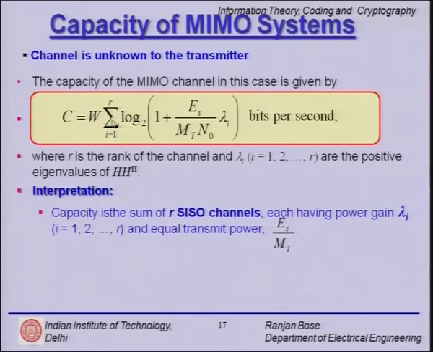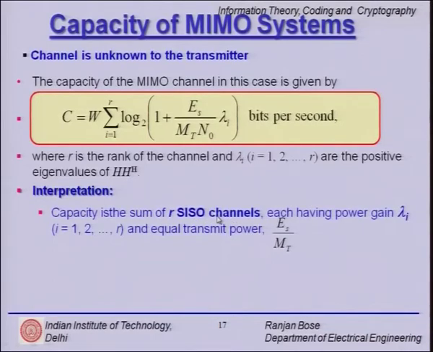So, if we open up this sum and look at this, it is W log to the base 2 (1 + Es/(MT N0) λ1) + W log 2 (1 + Es/(MT N0) λ2) and so forth up to r. But what is the expression W log 2 (1 + SNR)? It is nothing but the capacity of a single input single output channel, which we have derived for this Gaussian